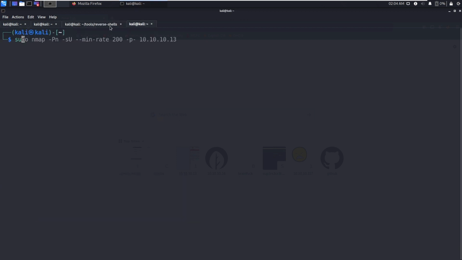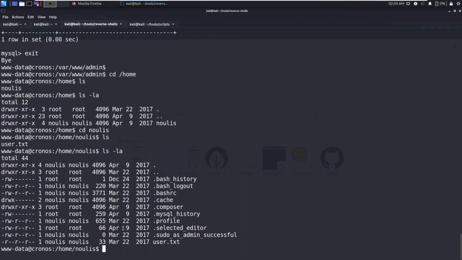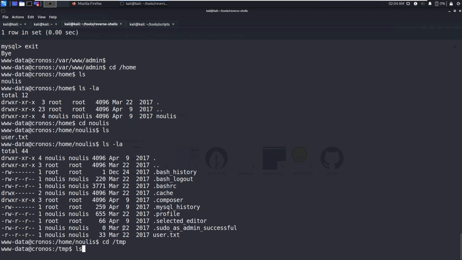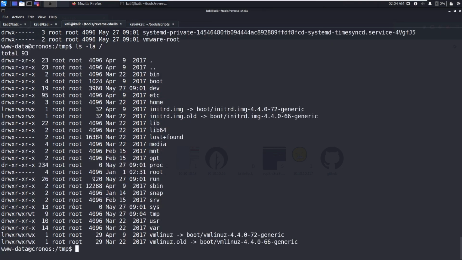I have already run linPEAS. Let's cd to tmp. If you observe the tmp directory, the tmp directory is not writable for us. I cannot write into the tmp directory. Let's try that.